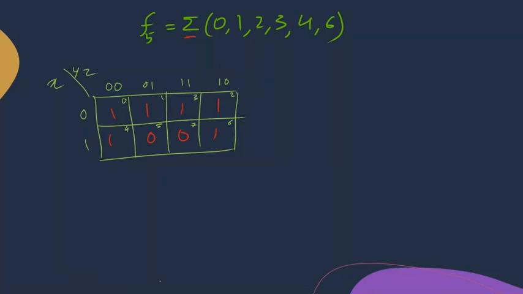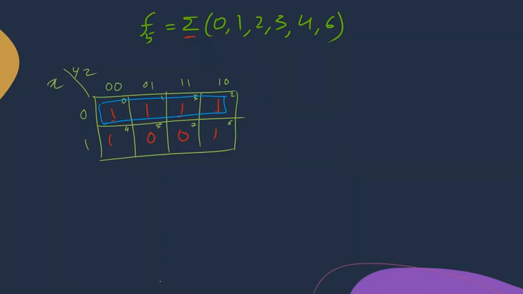We will start pairing for minimization. One straightforward pairing is visible here. If you just look at the top row, all four ones are there: 1, 2, 3, 4. So I can make a group of these. I will draw a box including all these four ones. So this is a pairing of four.